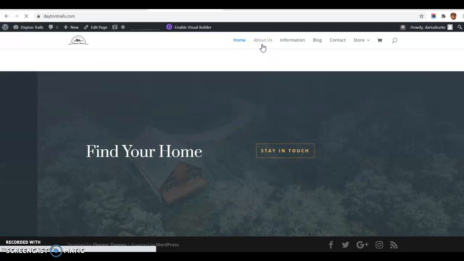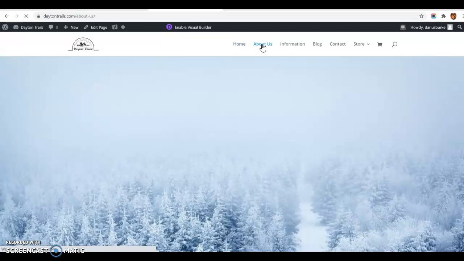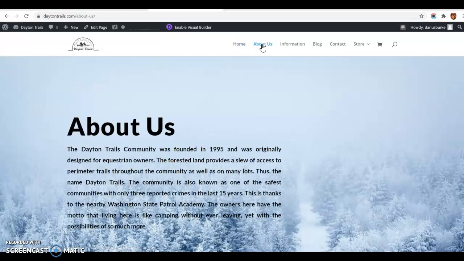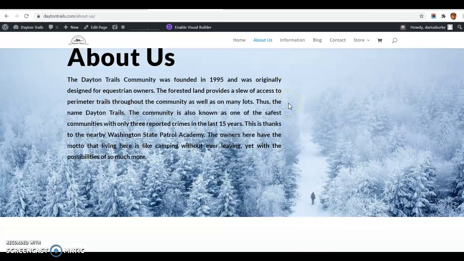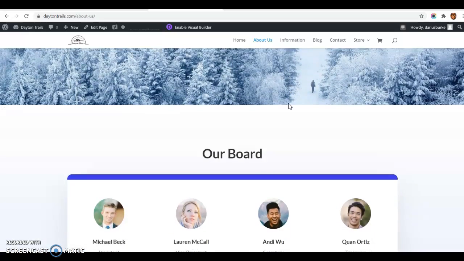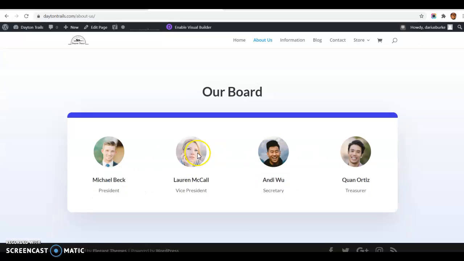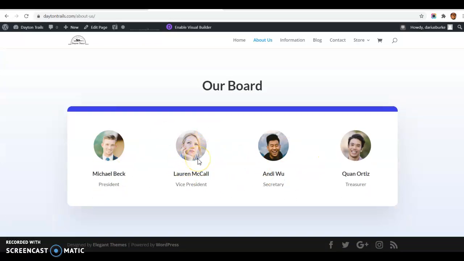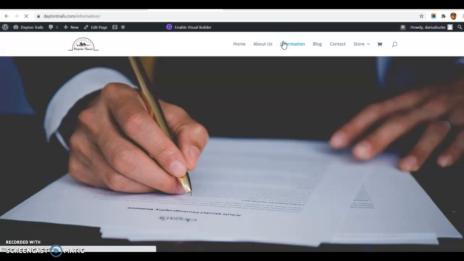About us, this page is meant to give current and prospecting homeowners just a little more background information of the community and the organization itself. What's some of its heritage, why was it founded, and whatnot. Board contact information will be here, as well as some information about each board member. However, because this website hasn't been handed off to the organization yet, this is placeholders. These aren't the actual images or names of the board members. Of course, that will be updated when this gets officially published and used by the client.